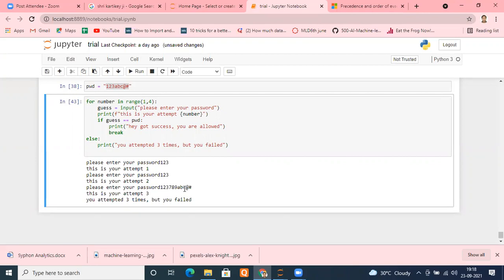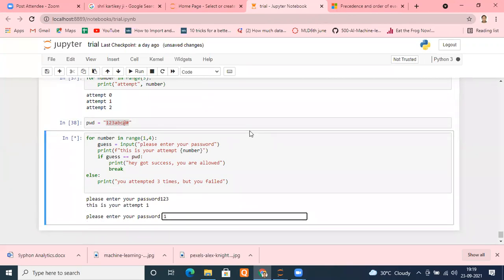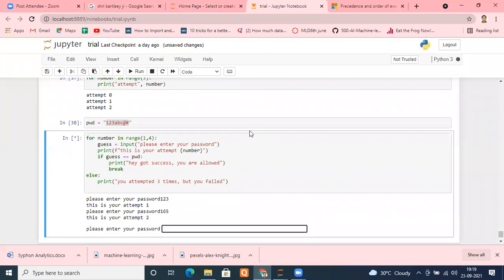Okay. What happened here? We made some mistake. I put the wrong password. Again, let me do it one second. Instead of 1, 2, 3 ABC, I put 1, 2, 3, 7, 8, 9 ABC. That's okay. 1, 2, 3, 7, 5, 6. And the third attempt means automatically, although the for loop should finish, the break will execute. That's why else won't be printed.